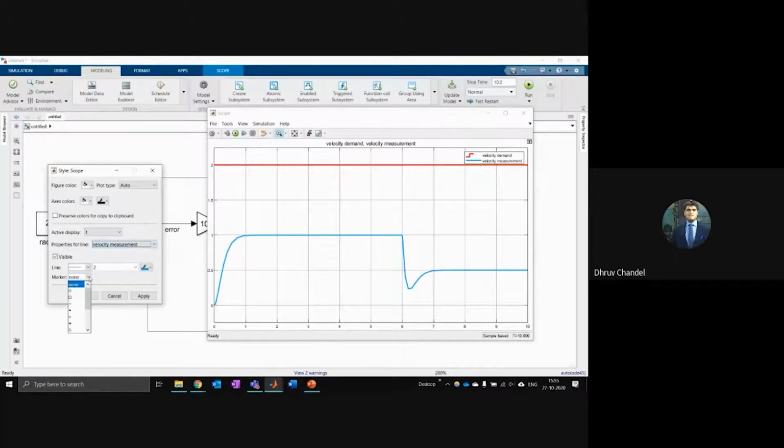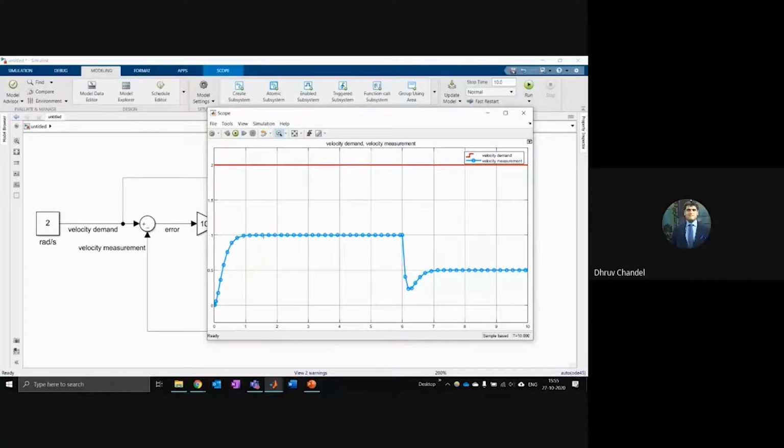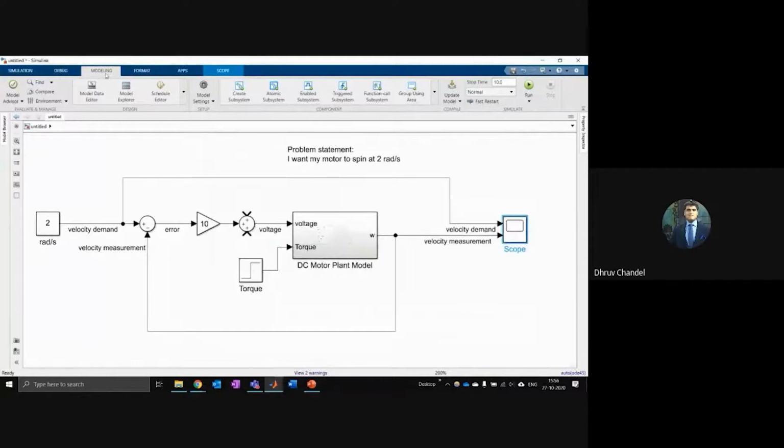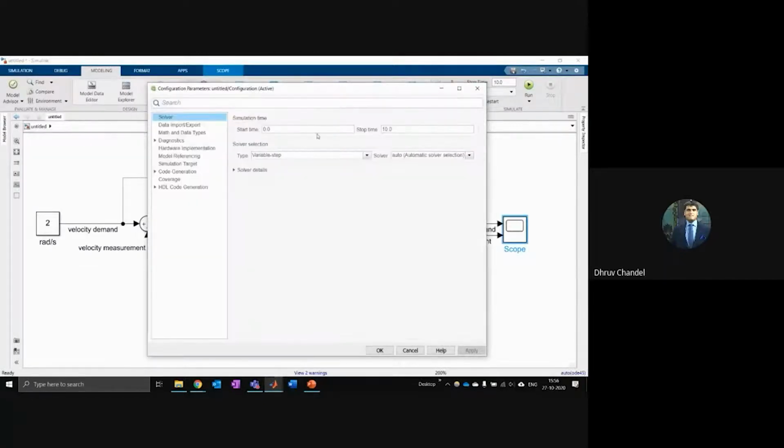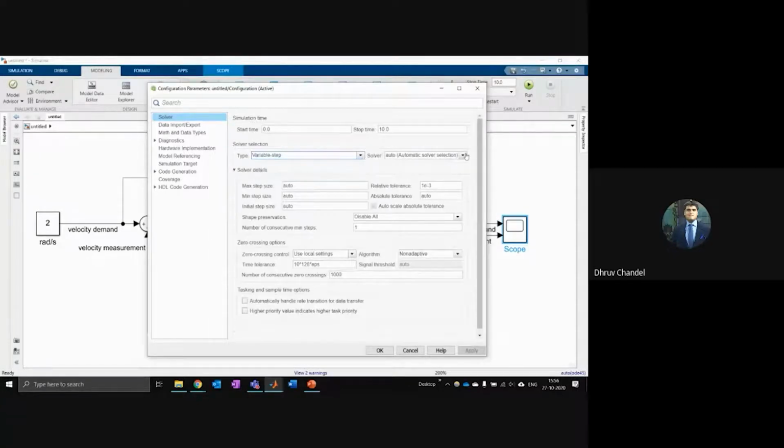I'll just show you how large the time steps are here. So you can see while the system is smooth, there's a moderate distance in the time steps. Here we have a little bit more clustering where it's changing sharply, but you can see the behavior is not being captured fully. Okay, so I'll go to my modeling tab on the top into this gear icon, which is the model settings. And inside the solver selection, by default, it uses this ODE45 solver,